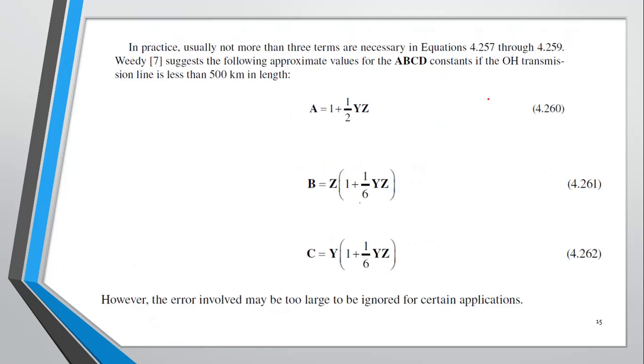Similarly, another simpler way was shown, and this simpler way is valid if the length of the transmission line is less than 500 kilometers. A is 1 plus 1/2 yz, B is z times (1 plus 1/6 yz), and C is y times (1 plus 1/6 yz). So these are the simplest values of A, B, C, D. As you know that A is equal to D, we can use these values if the transmission line length is less than